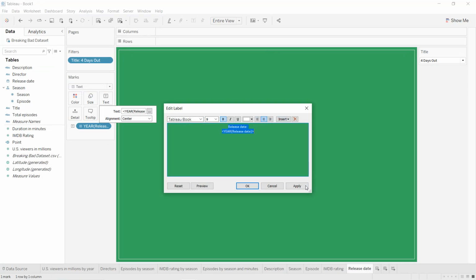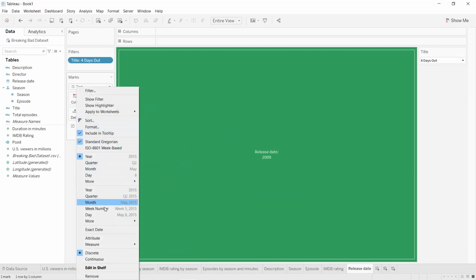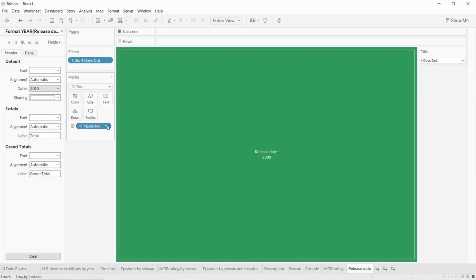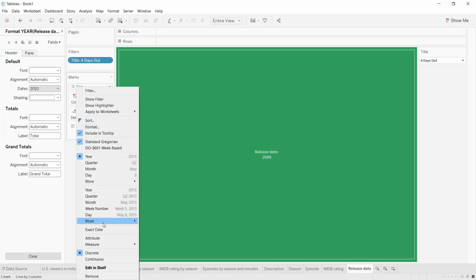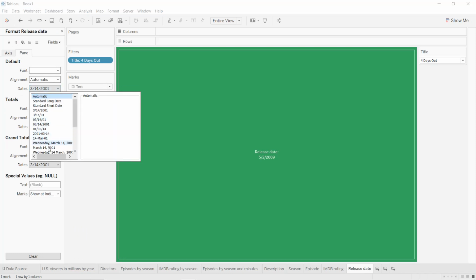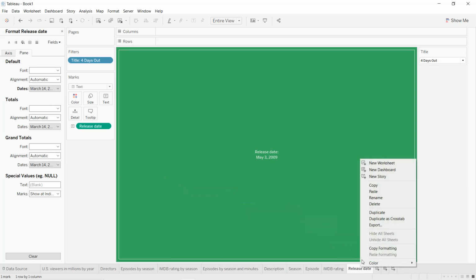in the center, apply, OK, and we want to format the date. So we click on format and so we want the exact date and we click format, we select the date. Alright, so duplicate,